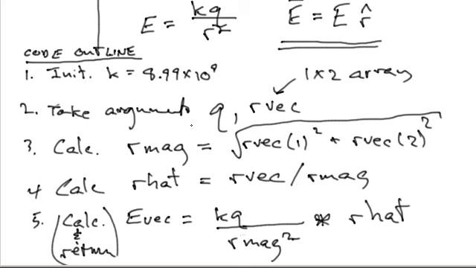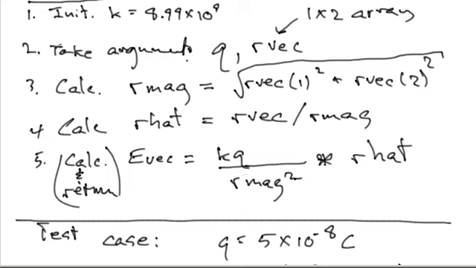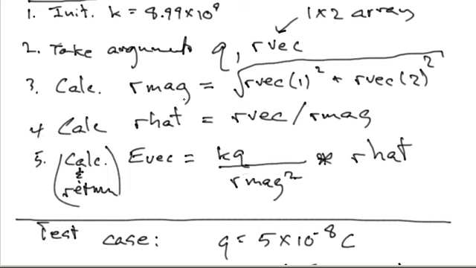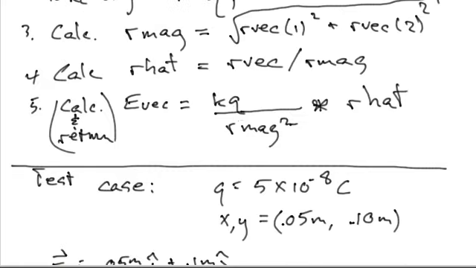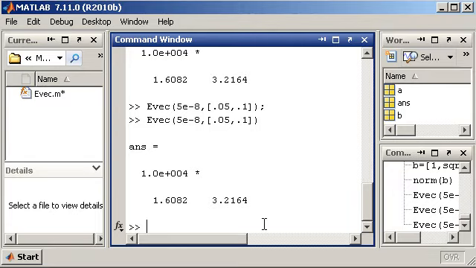Initialize, take these two arguments. I probably should reverse the order, but I think it's okay. Calculate R mags. I didn't actually use this formula, but I used that norm function. Calculate R hat. While I'm thinking of it, let's run it once with the negatively charged particle and